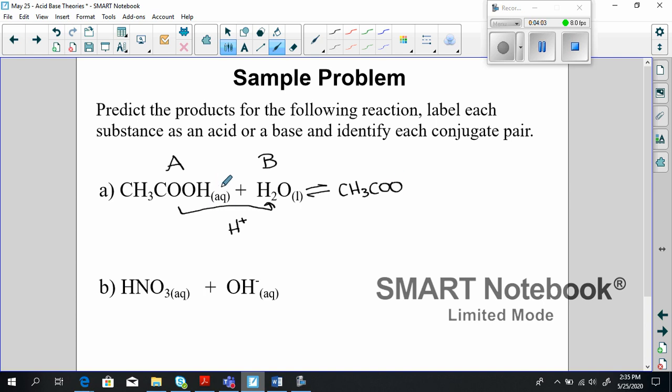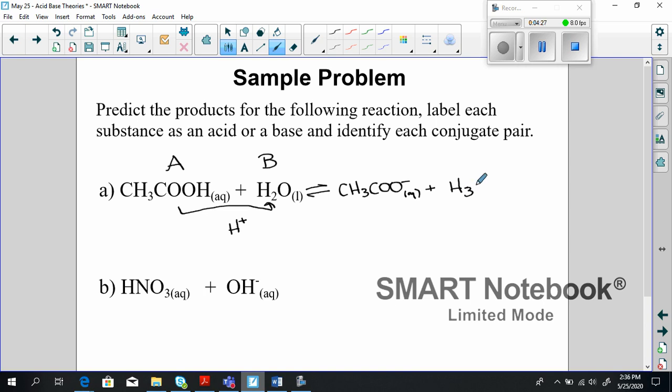It was neutral, it just lost a positive, which means that it should be negatively charged. Just be careful of that. State of matter should be aqueous, and the ion is going to be aqueous in solution. Then we're going to say, what does water become after it gains a proton? So it was H2O, it just gained a hydrogen, so it becomes